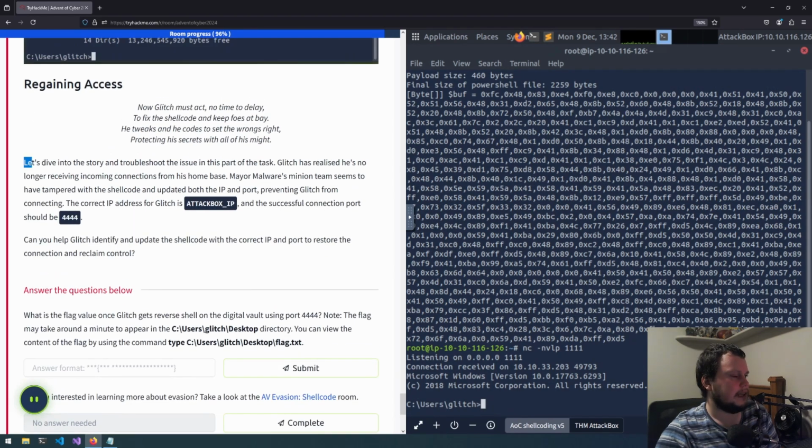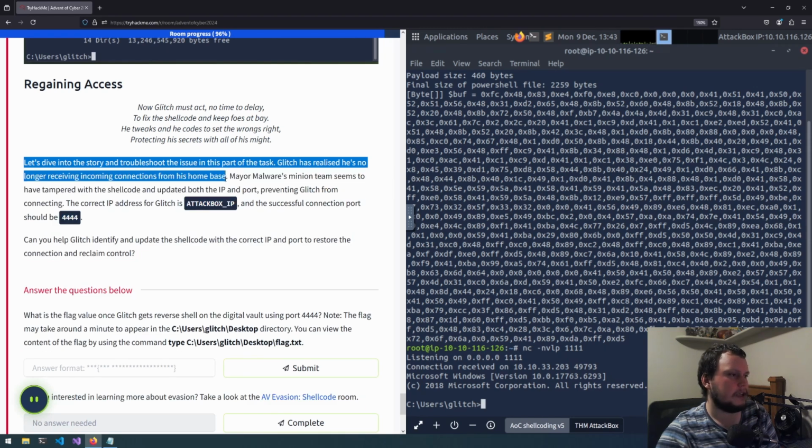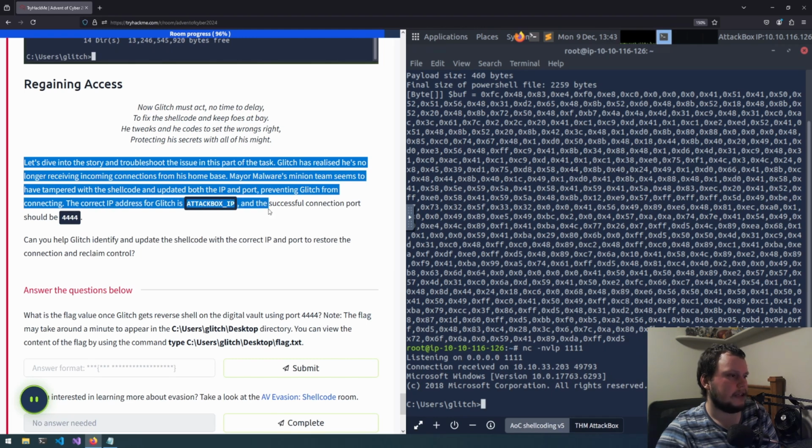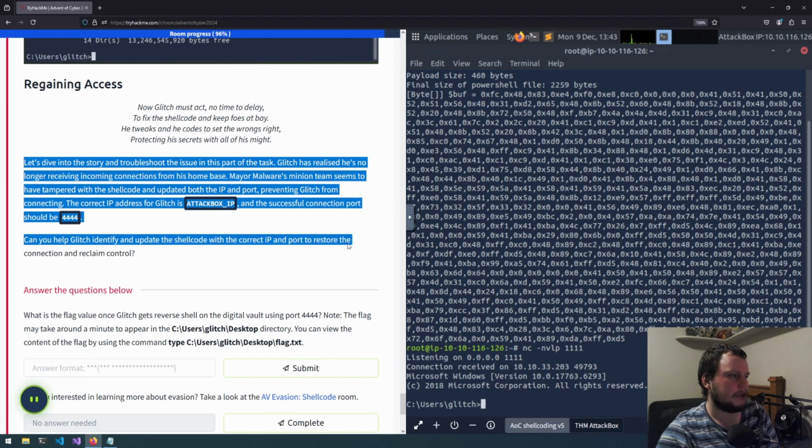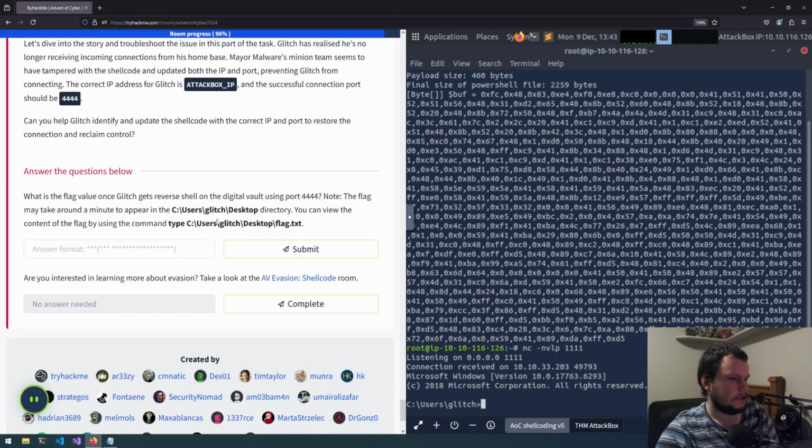So let's dive into the story and troubleshoot the issue in this part of the task. Glitch has realized he's no longer receiving incoming connections from his home base. Maya Malware's minion team seems to have tampered with the shellcode and updated both the IP and port, preventing Glitch from connecting. The correct IP address for Glitch is the attack box IP, and the successful connection port should be 4444. Can you help Glitch identify and update the shellcode with the correct IP and port to restore the connection and reclaim control? So it wants us to use port 4444, but you're essentially just doing the exact same thing